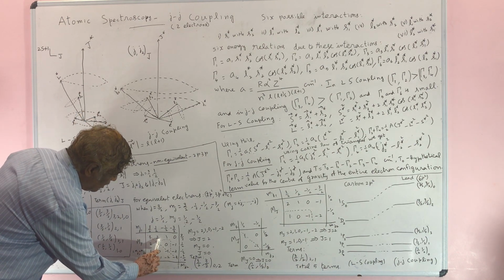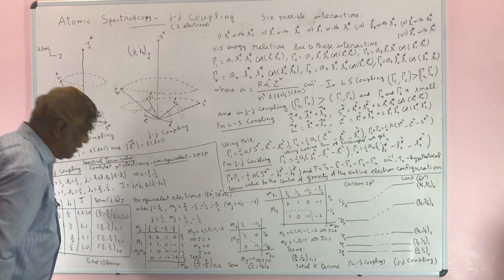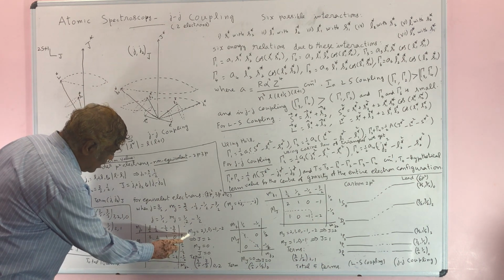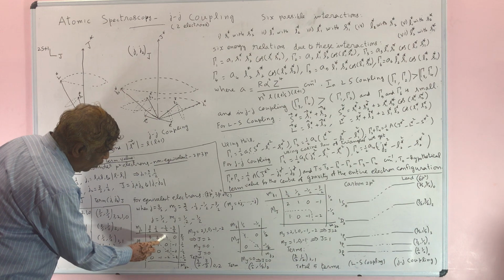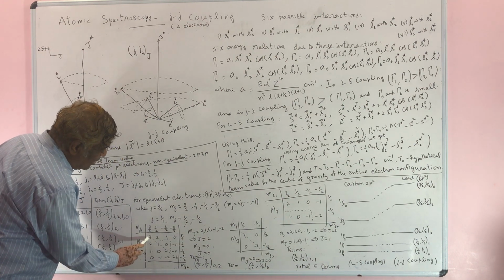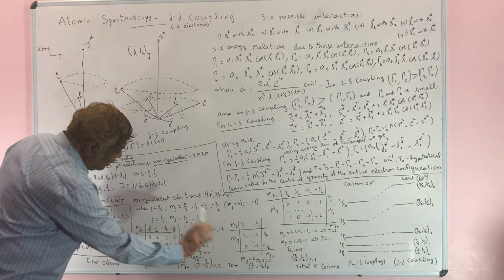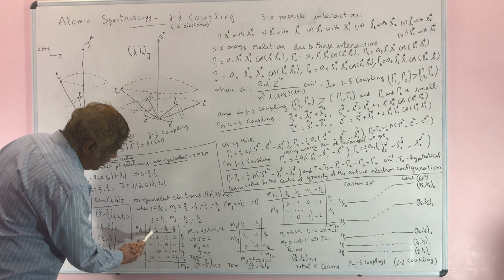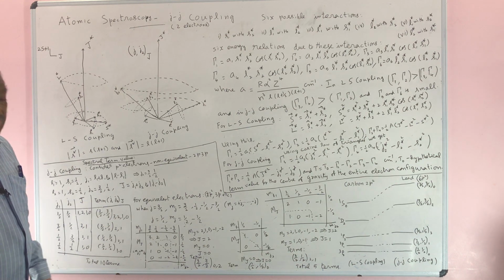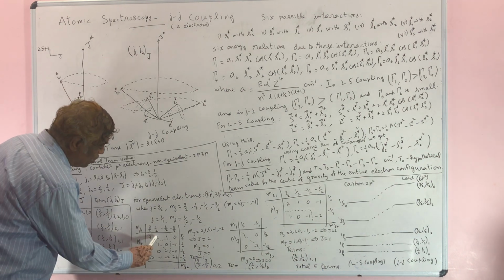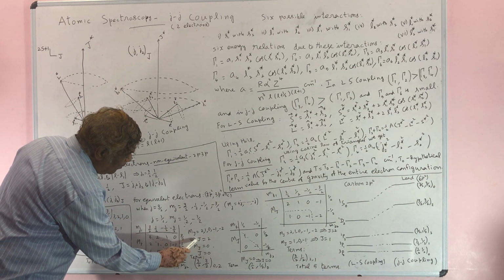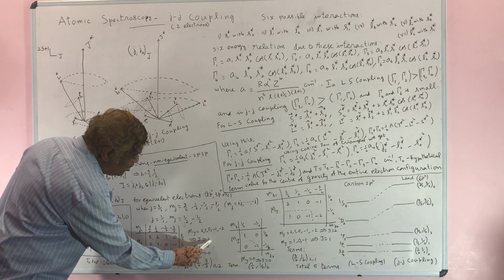Then you put a dotted line, an inverted L shape. So the only possible values of total MJ are 2, 1, 0, minus 1, minus 2. Plus 3 and minus 3 are not possible. If you choose an element here, there is a problem because it will violate the Pauli exclusion principle. So 2, 1, 0, minus 1, minus 2. This corresponds to J is equal to 2.